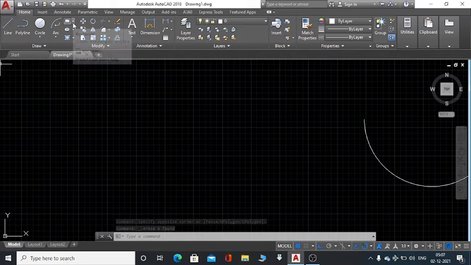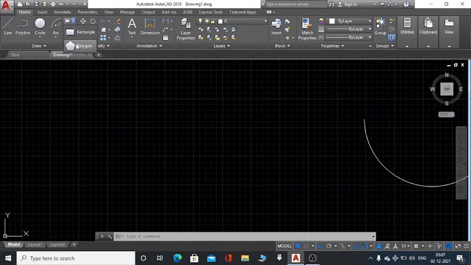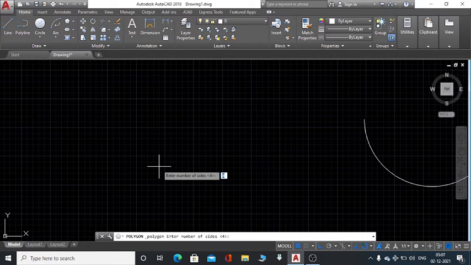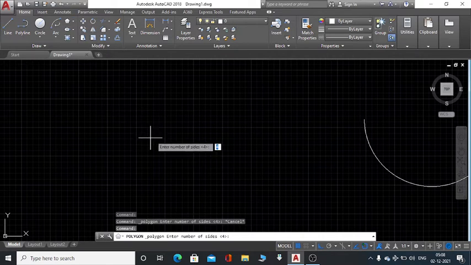We will learn rectangle, and first we learn polygon. In this arrow if I click, here are two tools, rectangle and polygon. Click on polygon, enter number of sides. Suppose I enter 5.